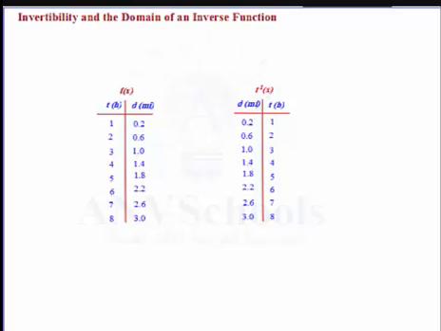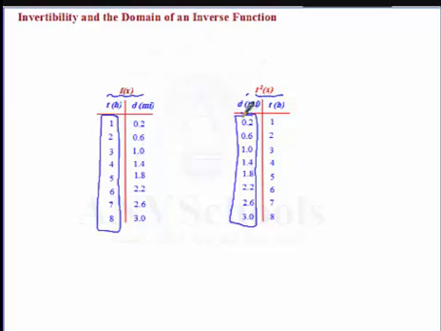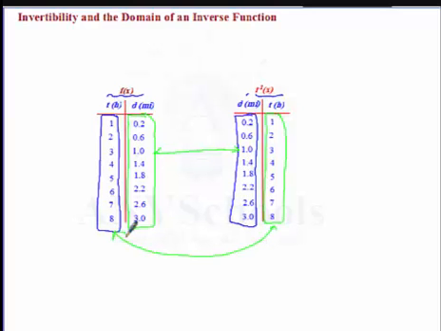Now let's move on to invertibility and the domain of an inverse function. So consider these two tables already presented here. We have again f of x and f^-1 of x. Let us look at the domains. The domain of this one is 1 to 8. Well, in this case, we have 0.2 going up to 3.0, while our range is the domain of f^-1 of x. Our range here is the domain here, and our domain here is the range here,